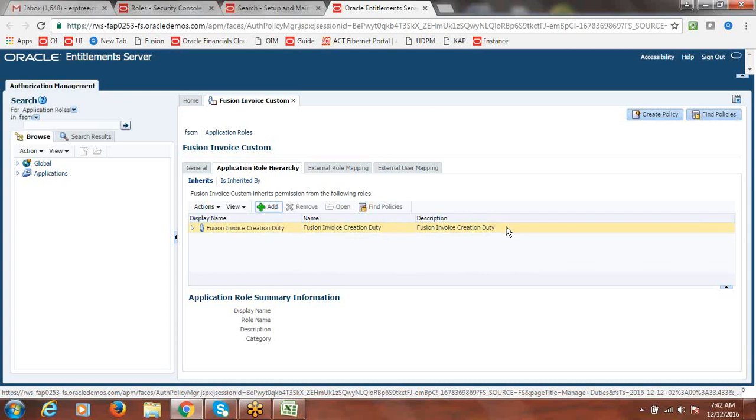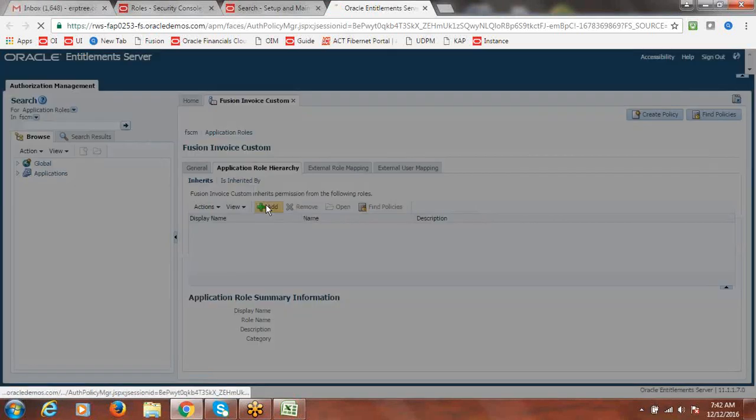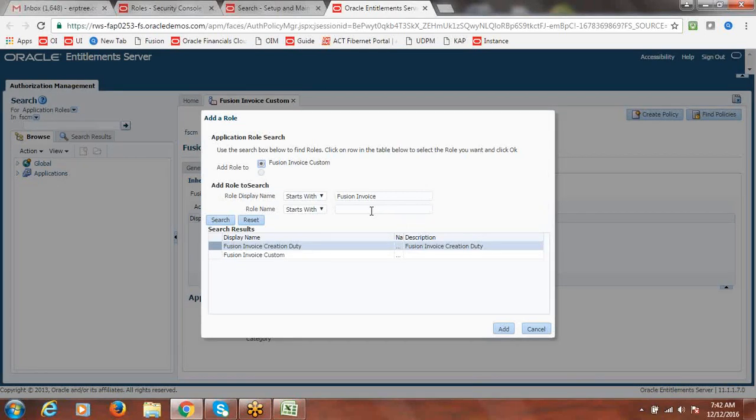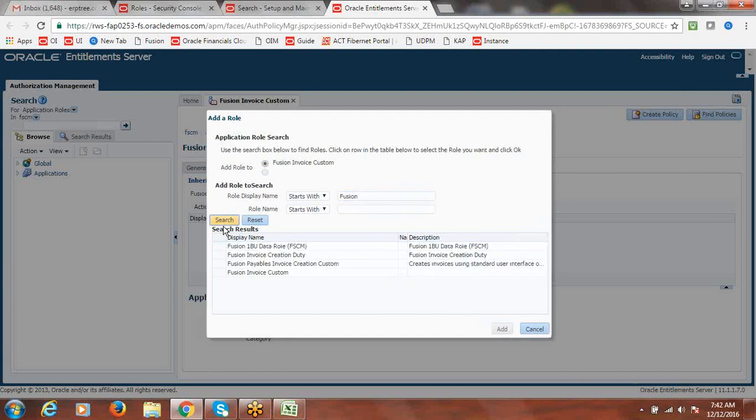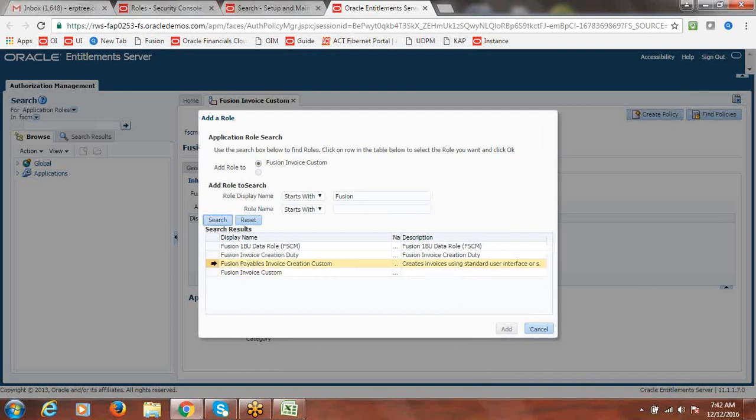No. I think this is the one we created: Fusion payables invoice creation custom. Okay, this is the one we created just now.